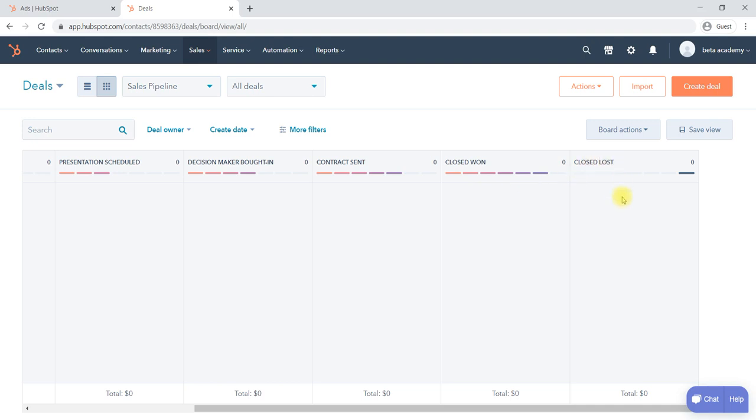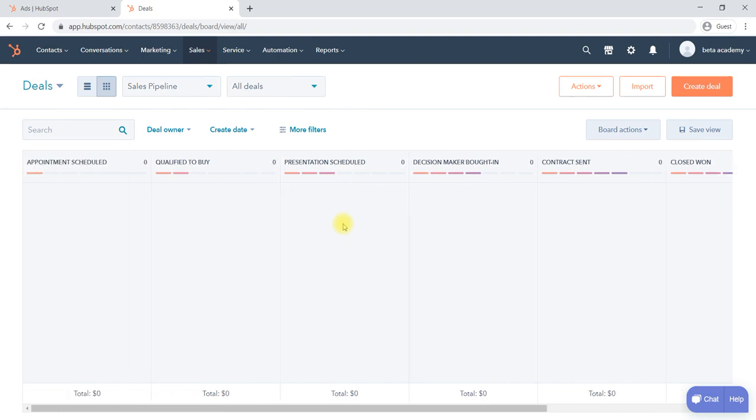Or we can say no, that particular client quoted very less for my product, so I don't want to continue with this particular deal. For example, you may ask 100 rupees for a product, he may be asking for 70 rupees, but you don't want to sell your product for 70 rupees, then you can close the deal, but as lost. So like this we can create deals and move a particular deal from one stage to another stage. For example, we will start with one particular client deal. We'll create one deal for a client.